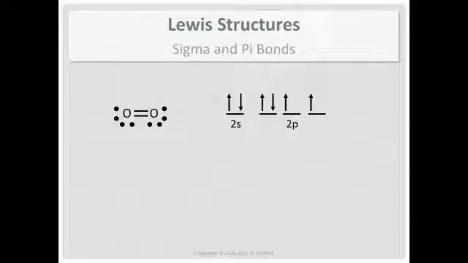Let's start off where we ended with diatomic oxygen. Got the Lewis structure on the left, double bond between the oxygens, and then two lone pairs on each of them. Well, on the right, I have the valence orbital diagram for each oxygen. If you recall from a previous section, oxygen has a 2s2, 2p4 valence electron configuration. And this is how you could write the valence orbital diagram.